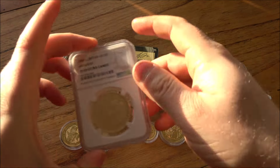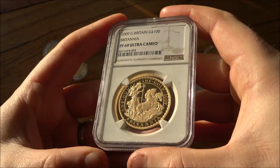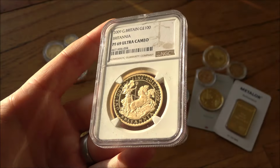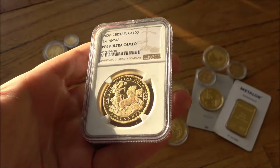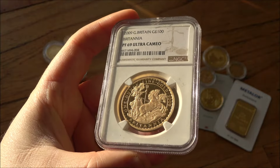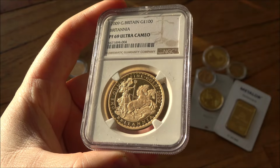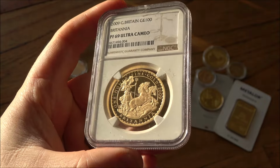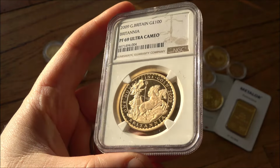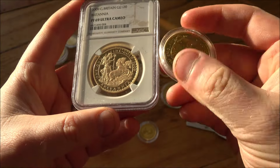Last up, let's talk about graded coins. Now, graded coins is one of these really... I sometimes find it quite an incendiary topic, because there are some people out there who swear blindly that grading your coins, grading bullion coins and grading proof coins is the best thing to do. My advice for graded coins is, if you want to preserve a coin, if you want to have something that's easy to handle,